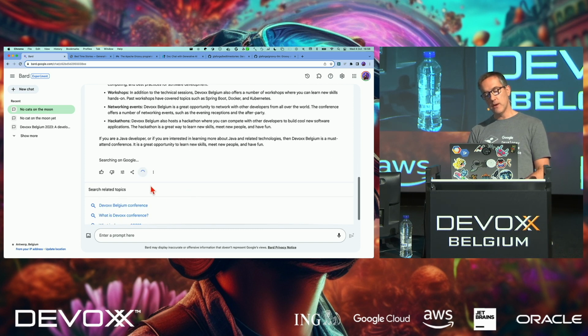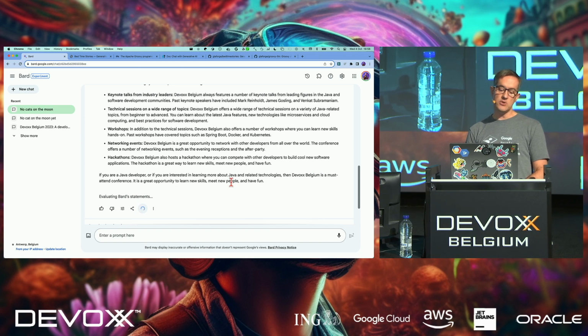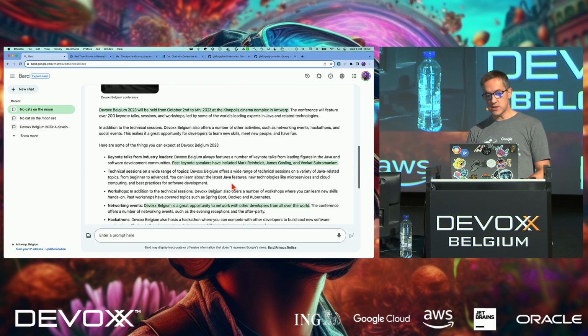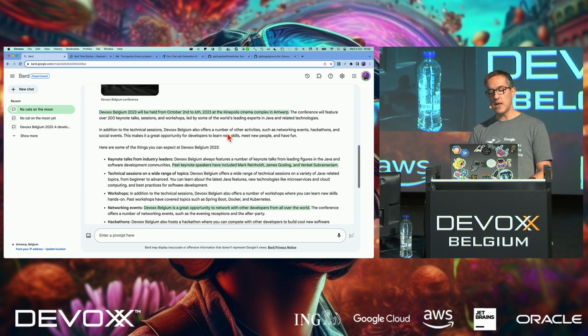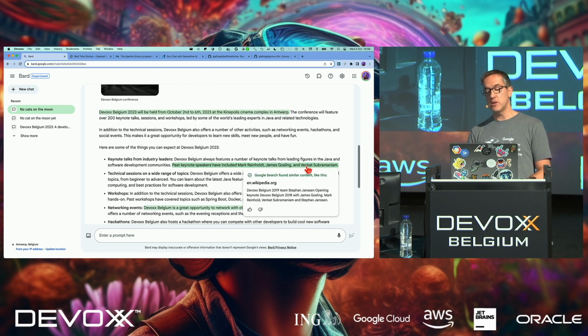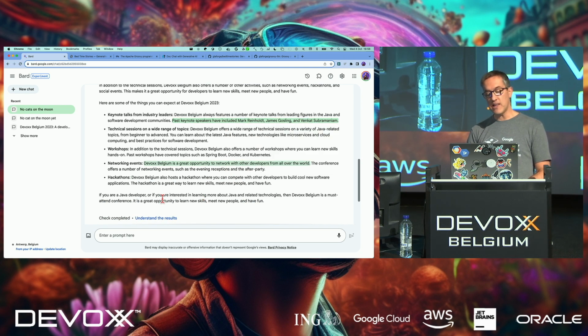a new feature. You can click on this Google search button, and it's going to evaluate the response it generated, but also suggest, when it's green, here are websites you can have a look at to double check. Look at Wikipedia, it confirms that what was generated was correct. And sometimes it highlights stuff in orange, meaning that I didn't find relevant information on Google search, so maybe it